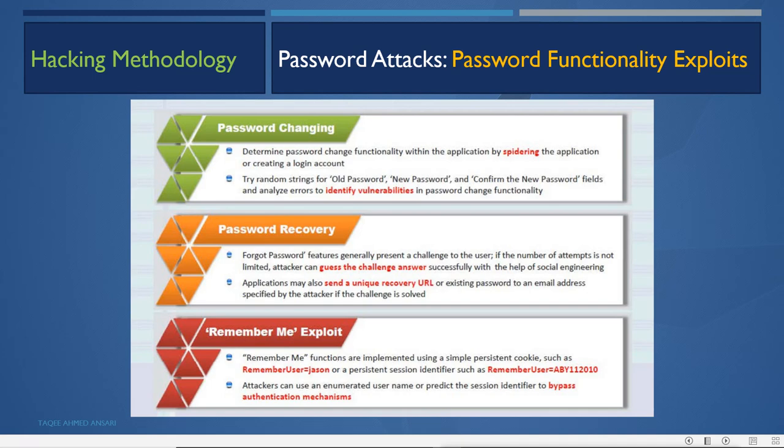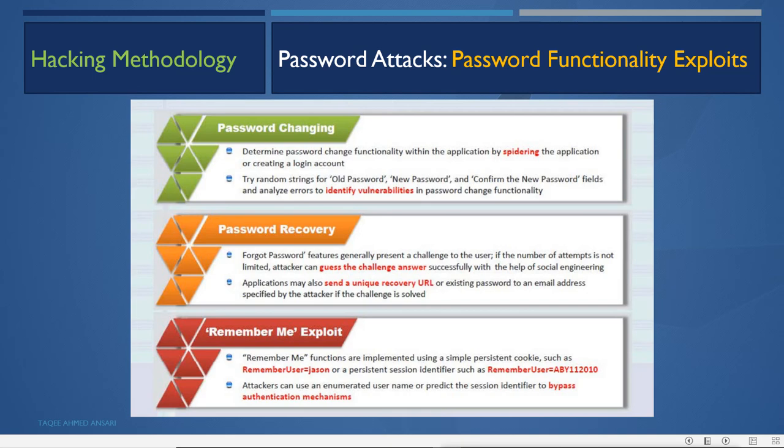Now sometimes we have three questions to solve, like if I forgot the password, it will ask me three questions: what is the city, what is your favorite thing, what is your mother's name, or something like this. Now if the attacker has properly done the social engineering, so it knows all this information about that victim, it can easily guess, or maybe it will guess.